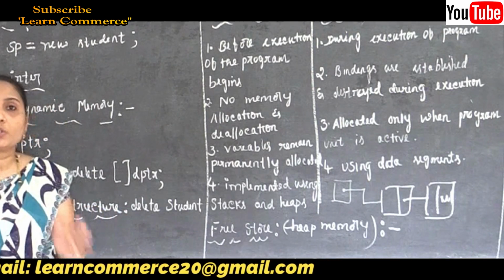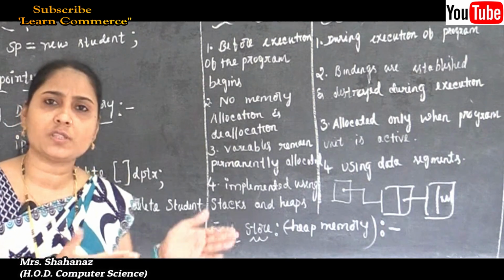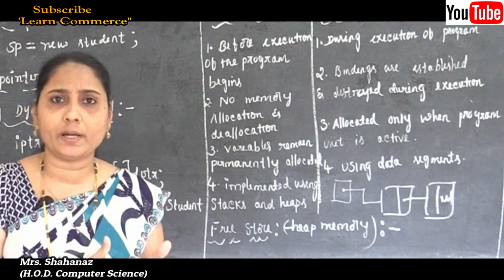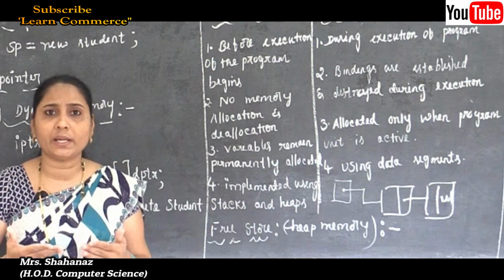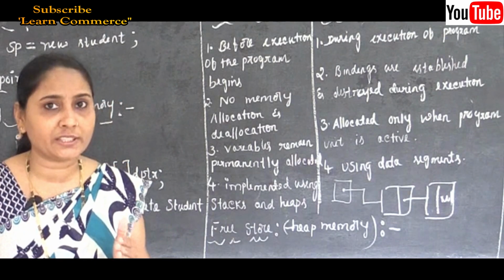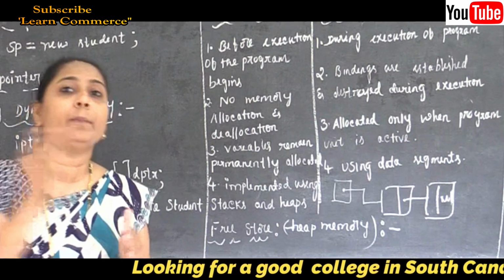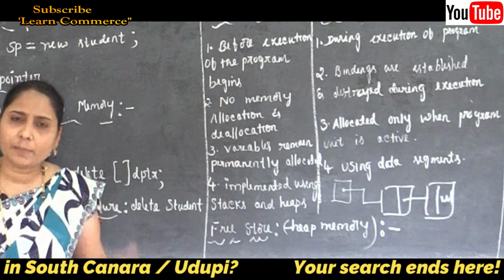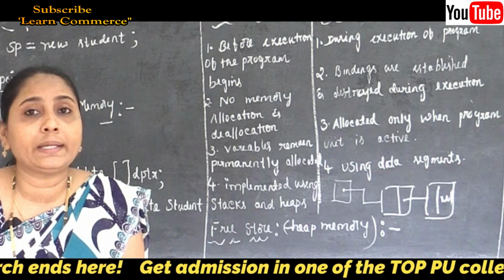Clear this point here? So in simple words, the meaning of the free store: I already said that in dynamic allocation we use the new and delete operators, and these operators allocate the memory space for the object. So when you want memory space for the object, we are going to collect it from a place, and such a place is called the free store. Clear this point here? Or in simple words, the free store is a pool of unallocated memory heap.